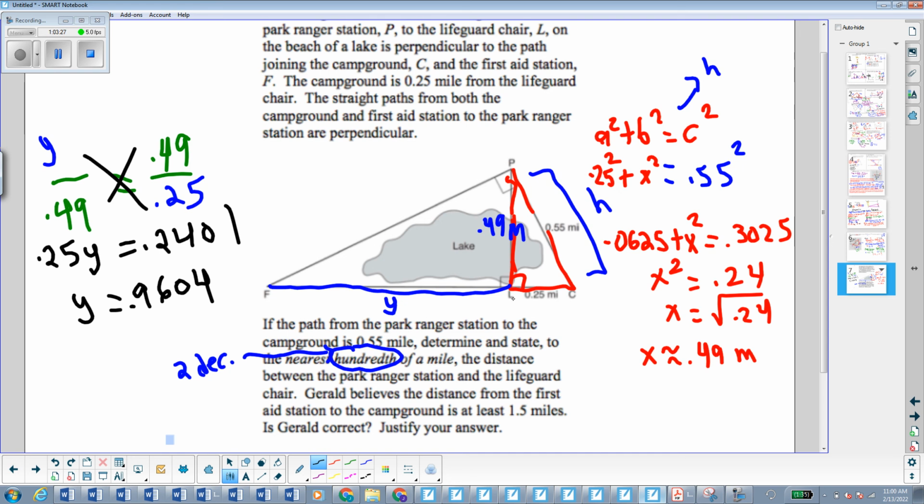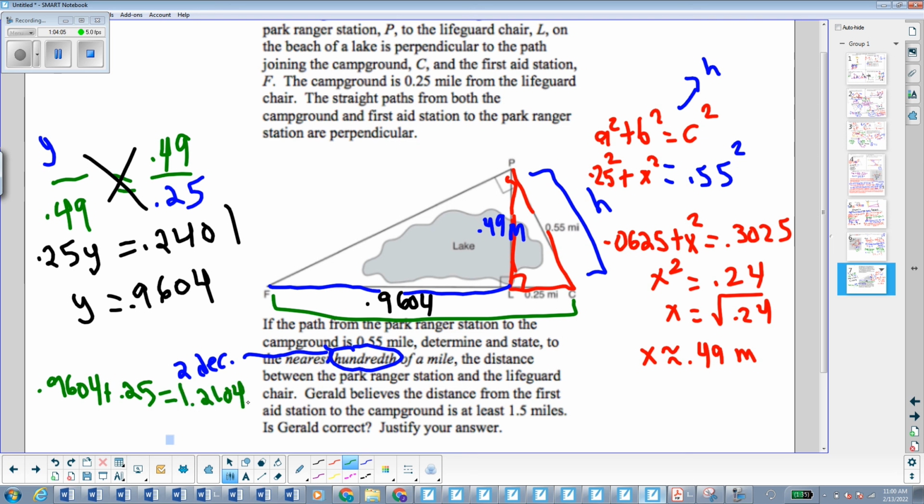It doesn't represent the whole thing from F to C. So I'm going to get rid of this Y here for a second and replace it with what we just found Y is, 0.9604. Now to find out what the whole length of FC is to see if Gerald is right, I'm going to add the 2 parts together, 0.9604, and I'm going to add 0.25 to it. On my calculator, 0.9604 plus 0.25, I get